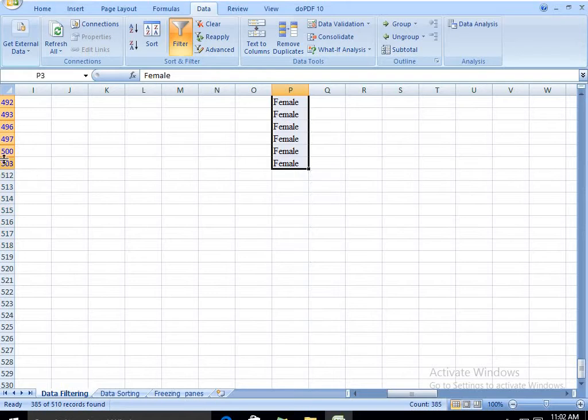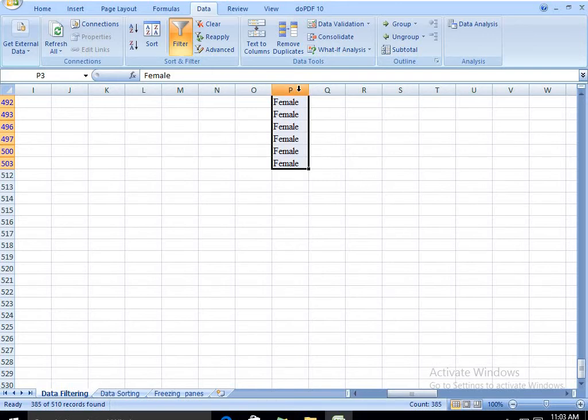Now here it is very visible. After 500, 503 is there. So 501 and 502 are other than female. Similarly, after 97, 98 and 99 are missing. That means they are other than female. Now when we have selected, in the status bar you are able to see the count is 385. This is also another way of doing the counting.